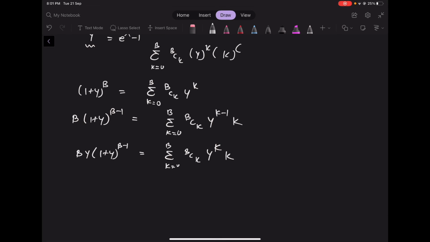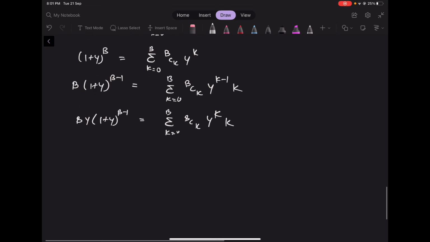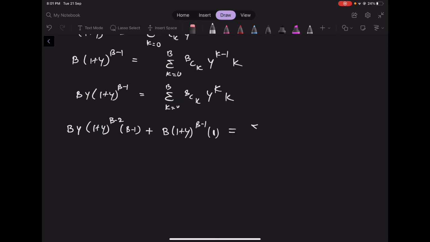So we have multiplied both sides by y, and now we are going to again differentiate this. So we are going to get b y (1 + y)^(b-2), and we are going to get b - 1 here, plus b(1 + y)^(b-1), and we are going to get a 1 here, and it is going to be equal to the summation of bCk y^(k-1) and k^2.